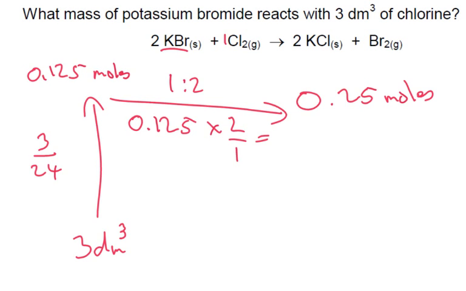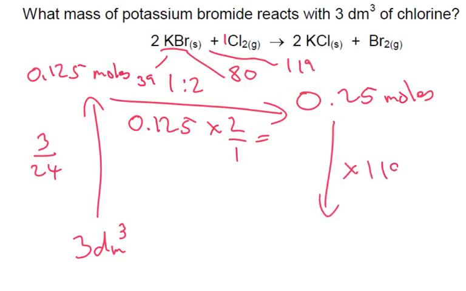Well, bromine is 80 and potassium is 39. Which when we add 80 plus 39, the total molar mass is 119. So lastly, we just need to times by 119, and that's going to tell us our final mass. So 0.25 times by 119, and we get